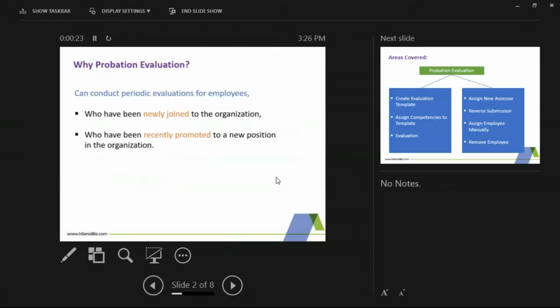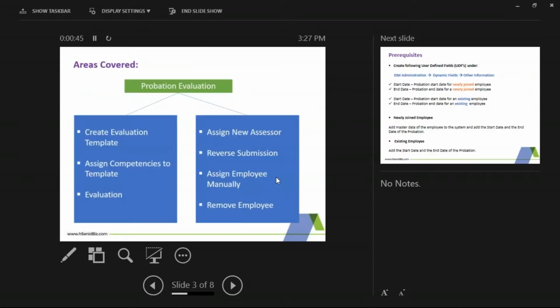So if I give a brief introduction, this module is mainly used to conduct periodic evaluations for employees who have newly joined the organization, and also those who have been recently promoted to a new position in the organization. I'll brief on the areas mainly covered by this module. You can create an evaluation template, assign competencies to the template, and then conduct the evaluation. This is the main part